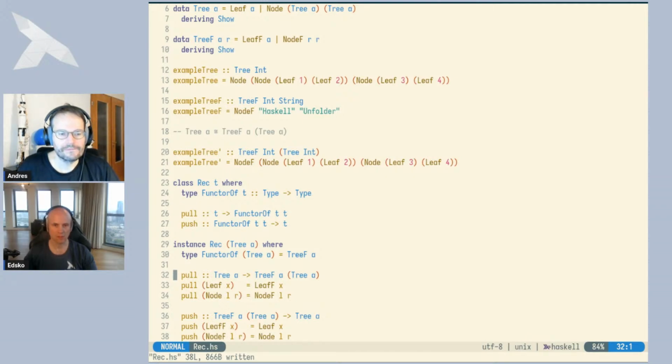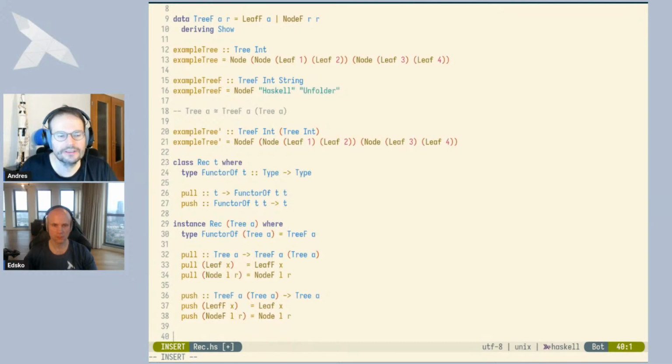Now, what have we won? Well, the idea is that now for everything, for every type that is a member of the rec class, we can actually define something that is a fold and something that is an unfold. And let's start with a fold, because I think folds are more common and they're a little bit easier to